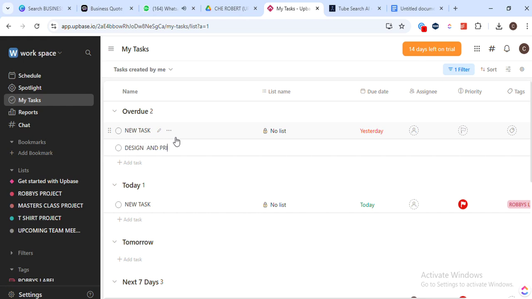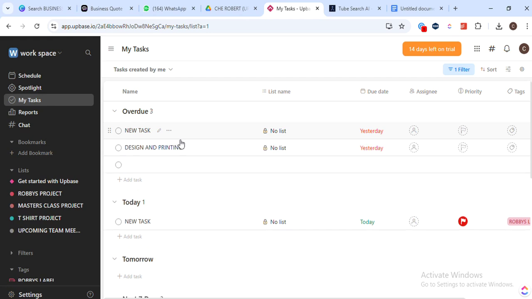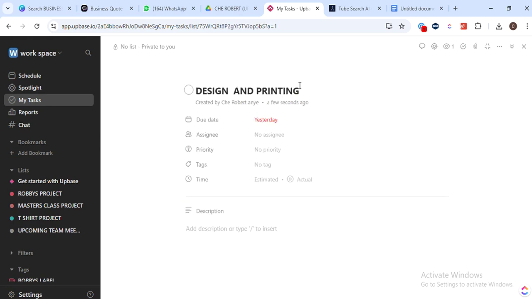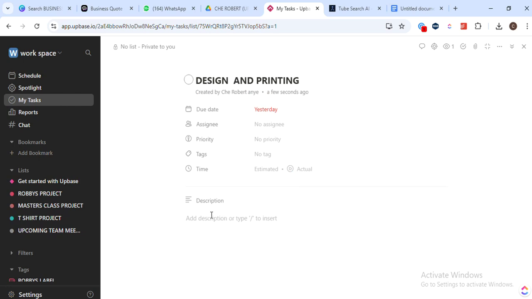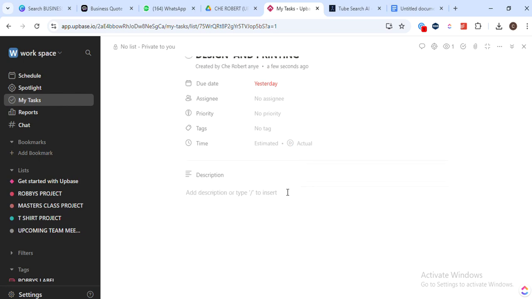The reason we do this is to give each task a unique identifier and clear details to make it easier to remember and execute. Once you've done that, look for the Add Checklist button just below the description box. Clicking it will bring up a new field where you can start listing the steps or items needed to complete